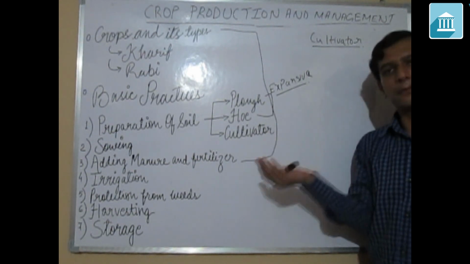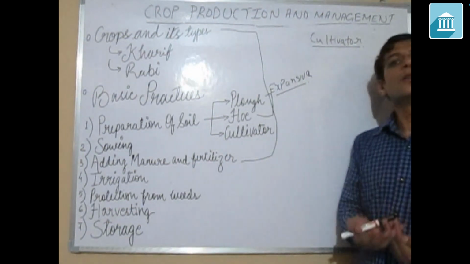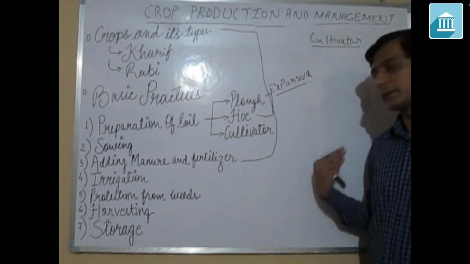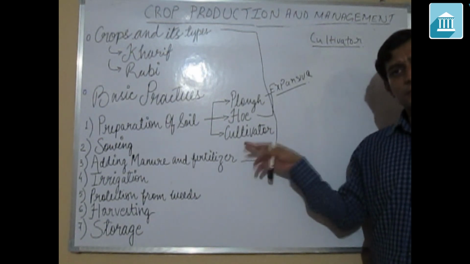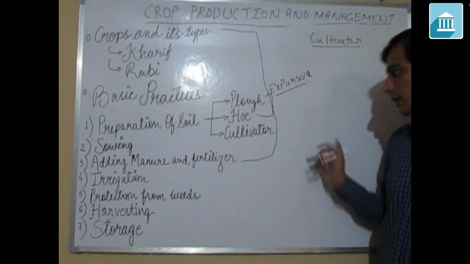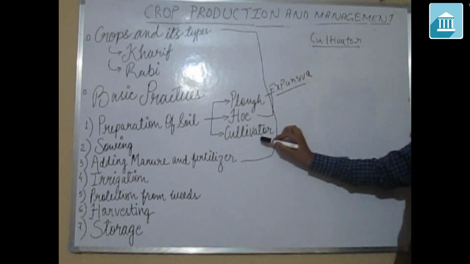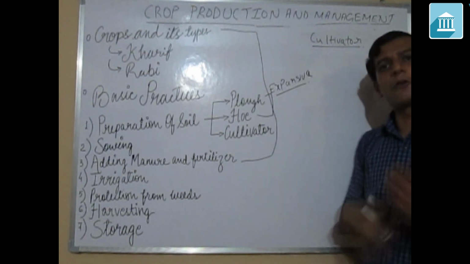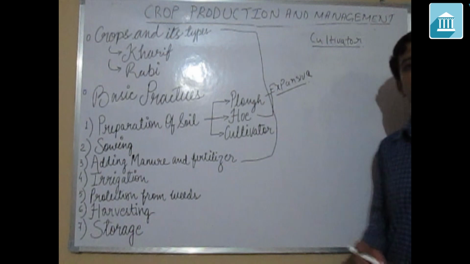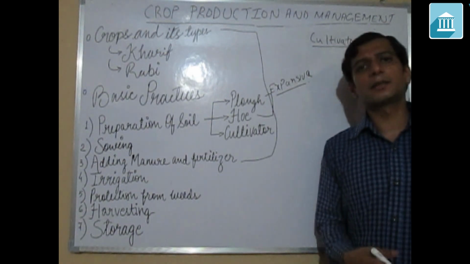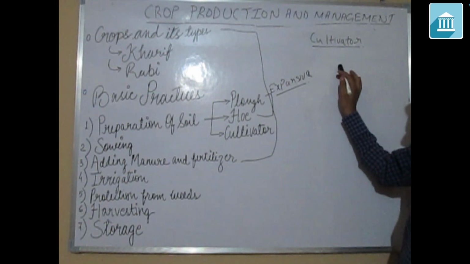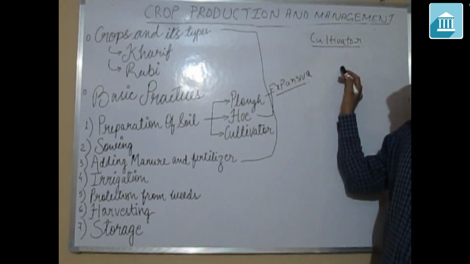So if anything is taking less time, it is reducing the human effort, which may lead to less expense. So expense is quite low here. Okay, that's why the cultivator is nowadays becoming very common, and it is being used on a large scale in the field nowadays. Okay, so this is about the cultivator.